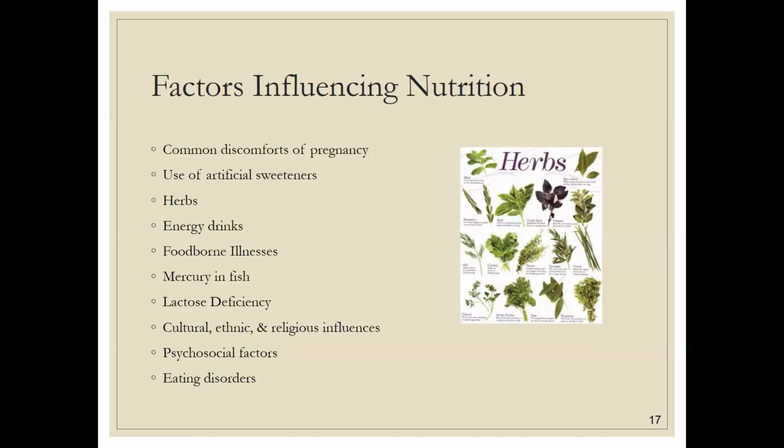Eating disorders, so anorexia nervosa and bulimia. Women with anorexia don't often become pregnant because of the physiologic changes that affect their reproductive system. They actually have a hard time getting pregnant or staying pregnant. But women with bulimia can become pregnant and then have the same symptoms as hyperemesis gravidarum. So make sure that you closely monitor and support them throughout their pregnancy, so that they maintain or gain weight and get healthy foods in and healthful nutrition.